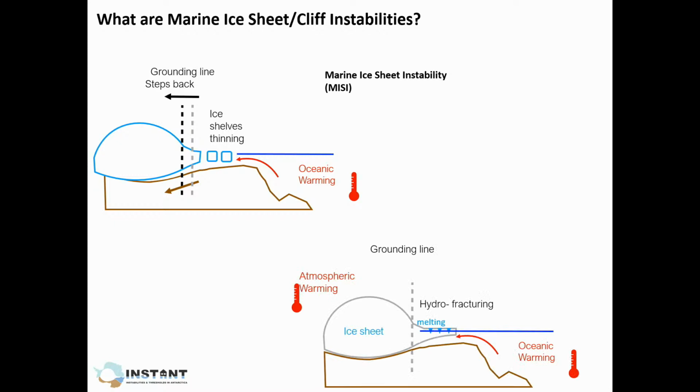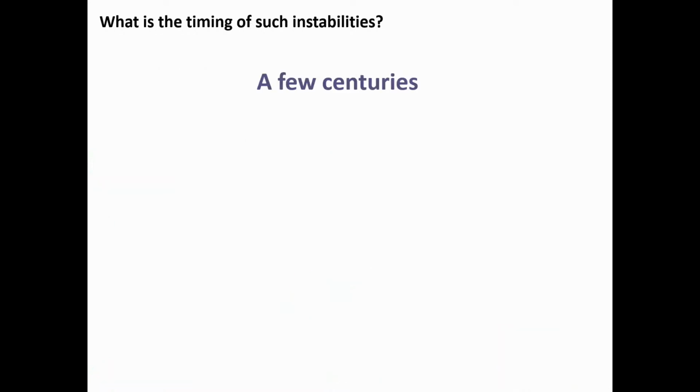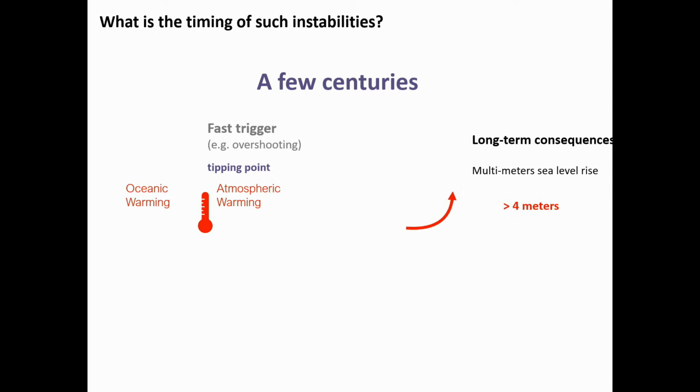Another one that is directly linked to atmospheric warming is due to the fact that the meltwater on top of the ice shelf penetrates into crevasses and creates some hydrofracturing that also disintegrates the ice shelf and causes the grounding line to step back. And these two instabilities have a timescale of a few centuries from the trigger to the consequence in the long term. And so we have a very fast trigger, which can be related to the overshoot that Rob will detail further on, and that is related to the tipping point in oceanic warming and atmospheric warming, both in the past and in the future. And those fast triggers create those instabilities that have long-term consequences,